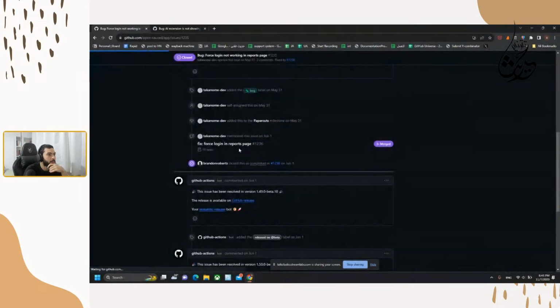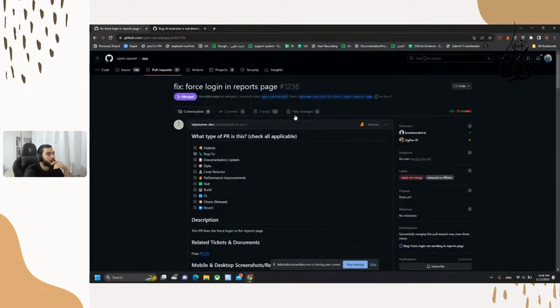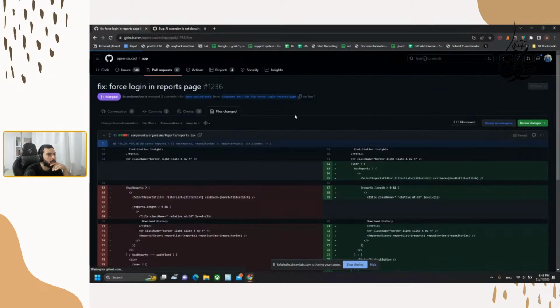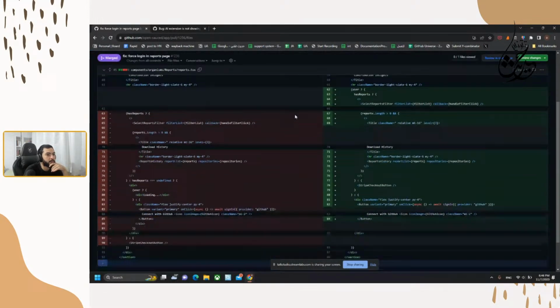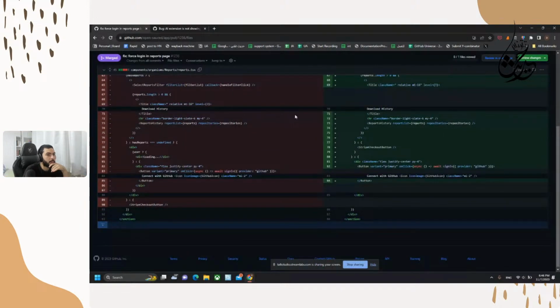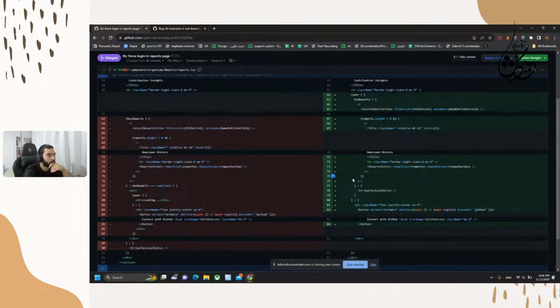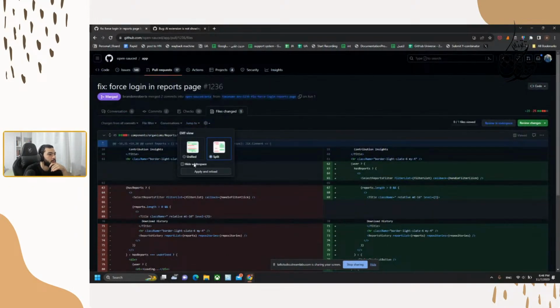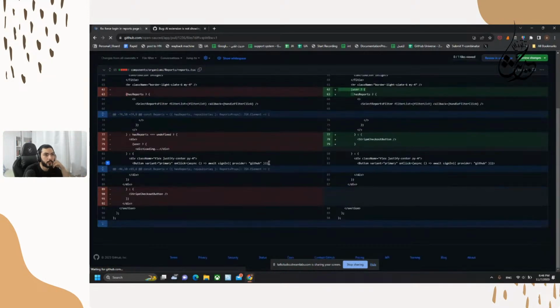Force login and reports page. Here we have a force login logic that has been done before. But this is happening. Why this? If user has reports,